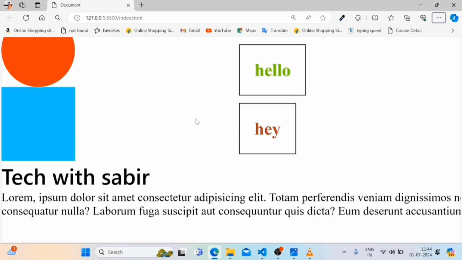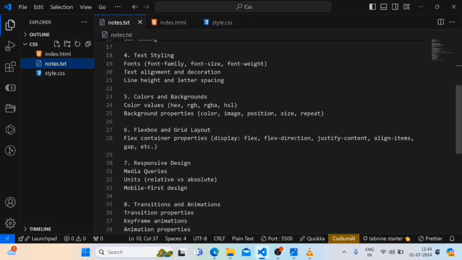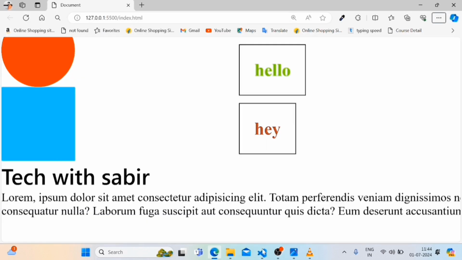So now let's come to, our font family, font size and font weight is completed. So now text alignment and text decoration. So what is text alignment and text decoration? Here you can see our text is at the left side. If you want to make it at the center, or at the right side corner,